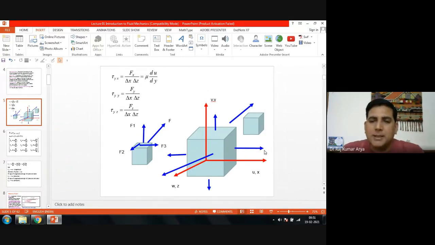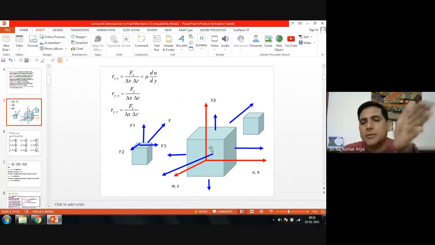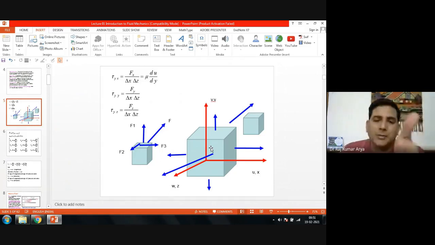If the motion is going in the plus x side, then obviously at this end the velocity would be more compared to this end, because the flow is going from left to right. So the left side would have a high velocity, and the motion always takes place towards the lower side